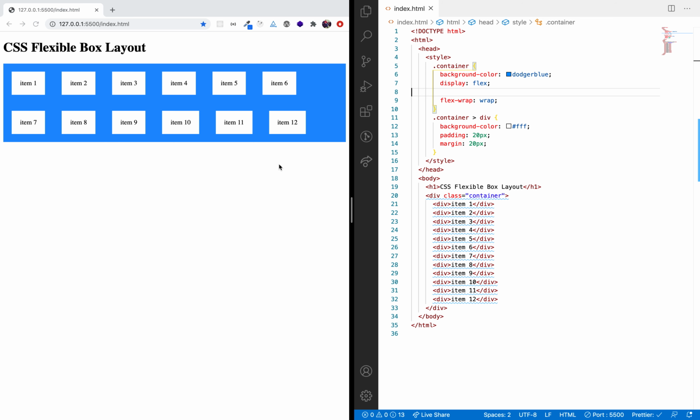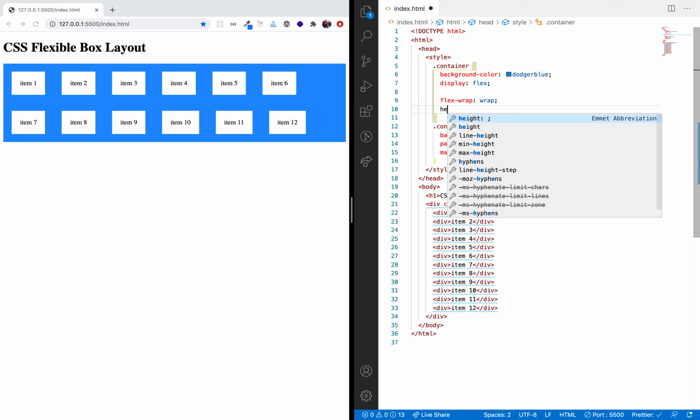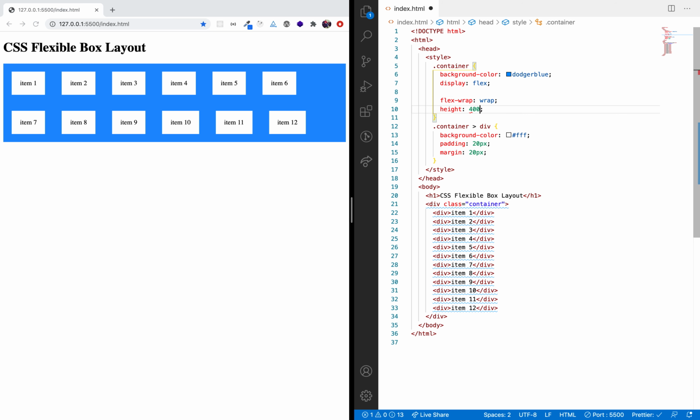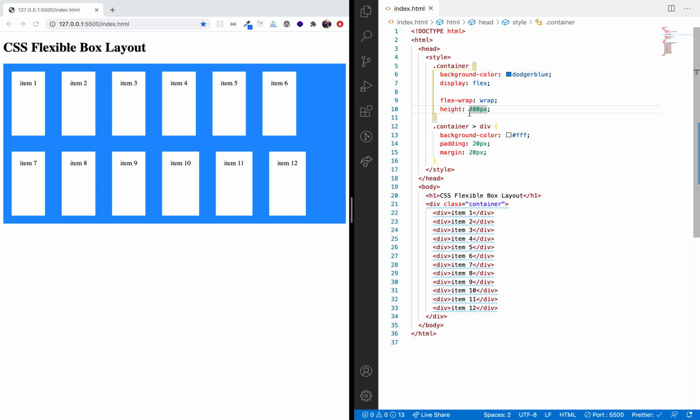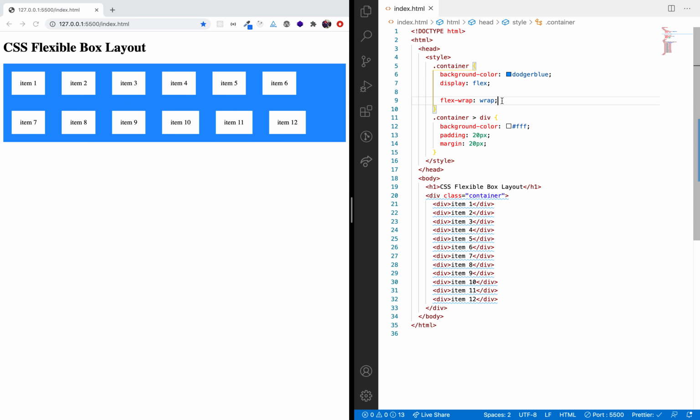Now I want some space between these lines. So what I can do, let's give some height to this div first, then we'll see what happens. See, now I'm giving some height to this flex box, so all the items are getting stretched. But I do not want the items to be stretched, I want the space covered. If I give a height to my outer div, the items should look as they normally do, but there should be some space between the lines.